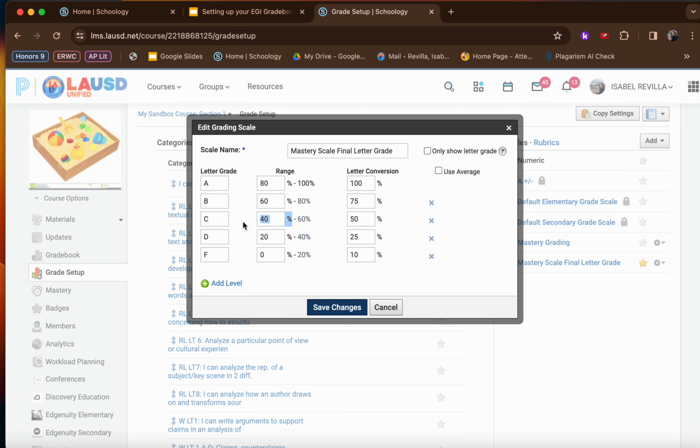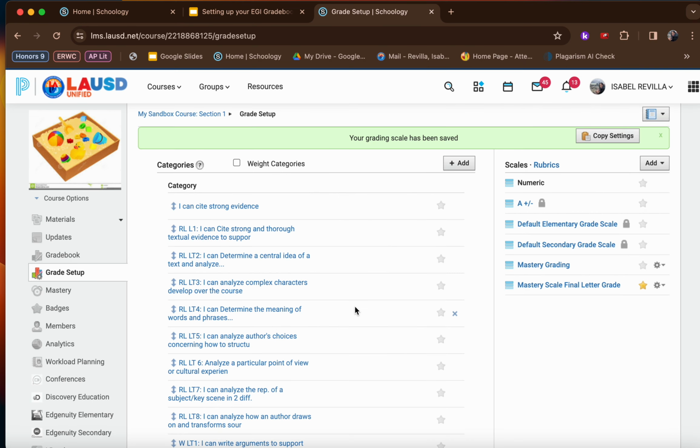Like, which one do I pay attention to? And you tell them that the percentage doesn't matter anymore, right? This is just so that Schoology knows how to calculate the grade, okay? So once you have these inputted here, you're going to click on Save Changes, and you're going to do one